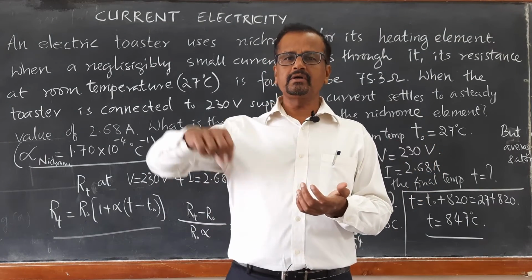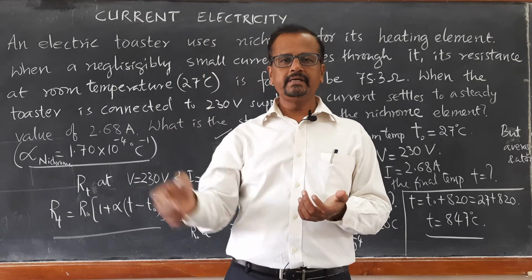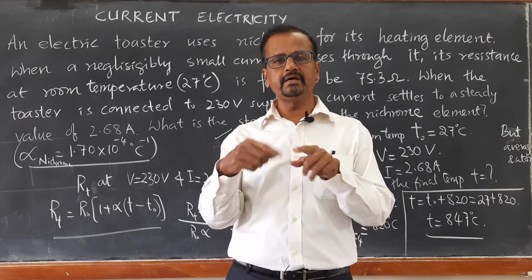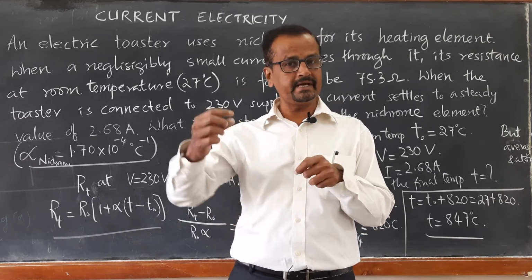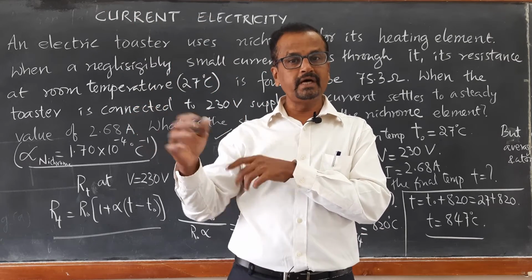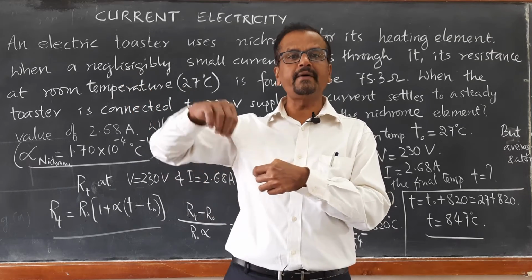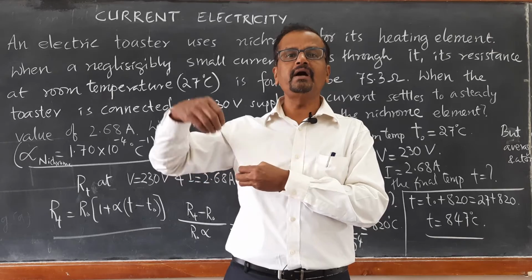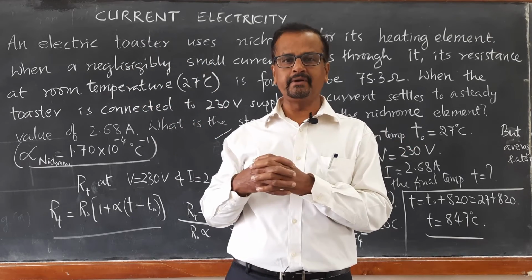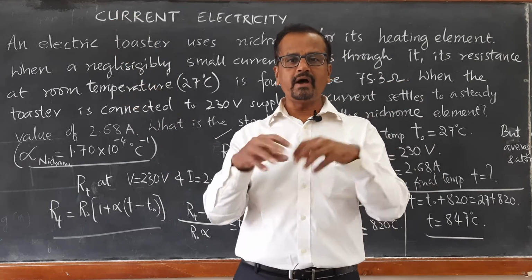An electric iron has a connecting wire, right, and when you switch it on, the electric iron becomes very hot. The electric iron has got a nichrome coil. The coil becomes very hot, whereas the wire that is connected will not be so hot. If that also had the same high temperature, then the wire would be melted. It would be a disaster, right? It does not happen. Copper allows the current to pass through, whereas the nichrome coil gets heated up.